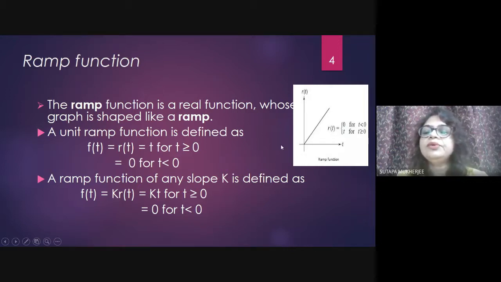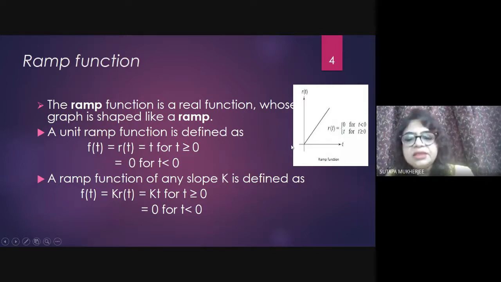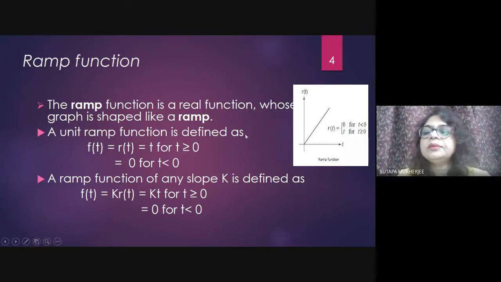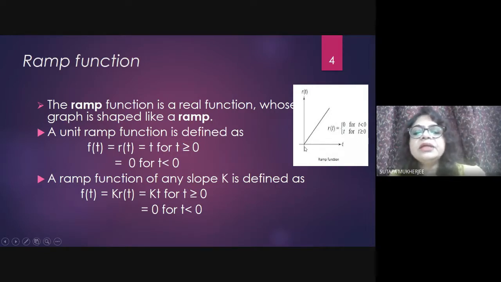Basically, you know Ohm's law. In case of Ohm's law, the slope will give the resistance. Here the slope is what? Unit slope. This is unit slope, k equal to 1 here. And if you explain how you can get it, if t is less than 0, the value will be 0. If t is greater than or equal to 0, you will get the value. So you will be able to get the 2D figure of this curve, that is the curve passing through the origin.